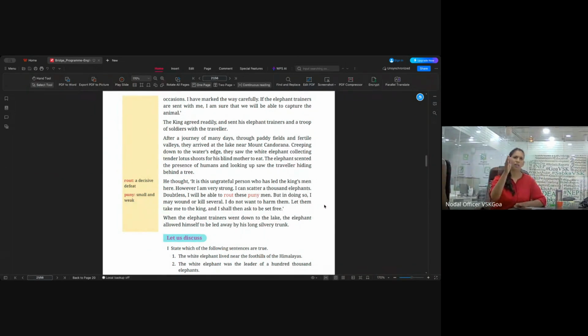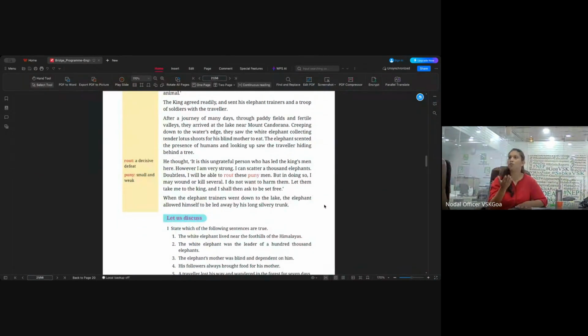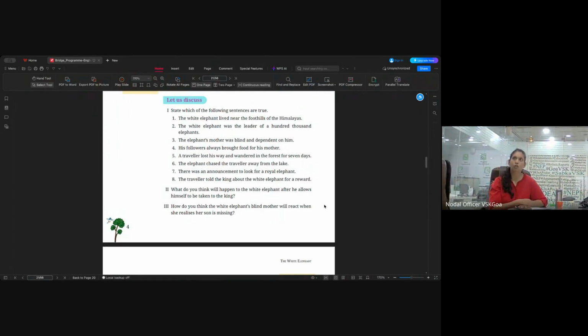So if you go through these, the first exercise, which is true or false, is directly based on the understanding of the passage. So if your child has engaged in the passage and has gone through the passage, they will be able to. Okay, so the first activity states, which of the following sentences are true. Now I won't work this out because obviously we haven't read the passage, but when you receive the bridge course, you are expected to go through the passage.